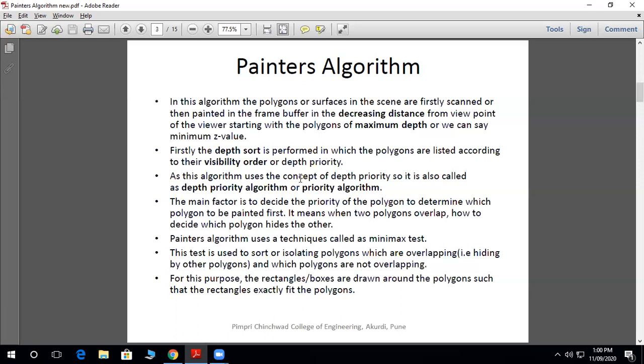As this algorithm uses the concept of depth priority, it is also called the depth priority algorithm or priority algorithm. The main factor for this algorithm is to decide the priority of the polygon to determine which polygon is to be painted first. It means that when two polygons overlap, how do we decide which polygon hides the other?